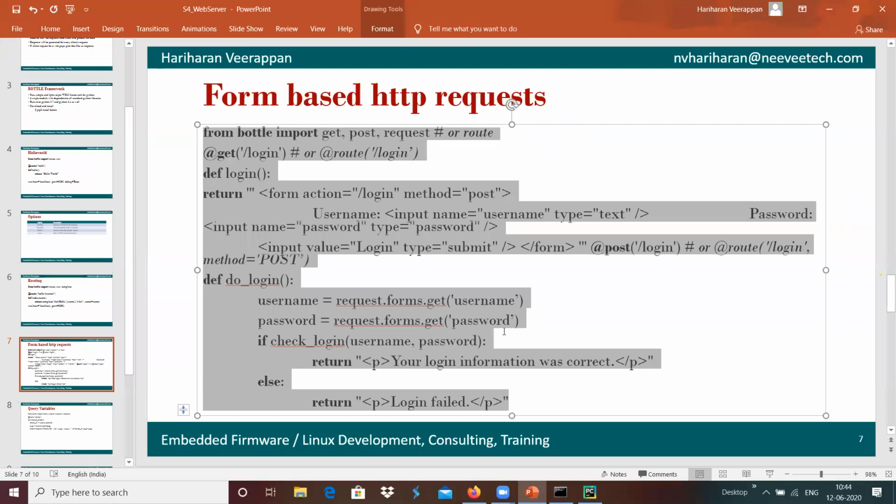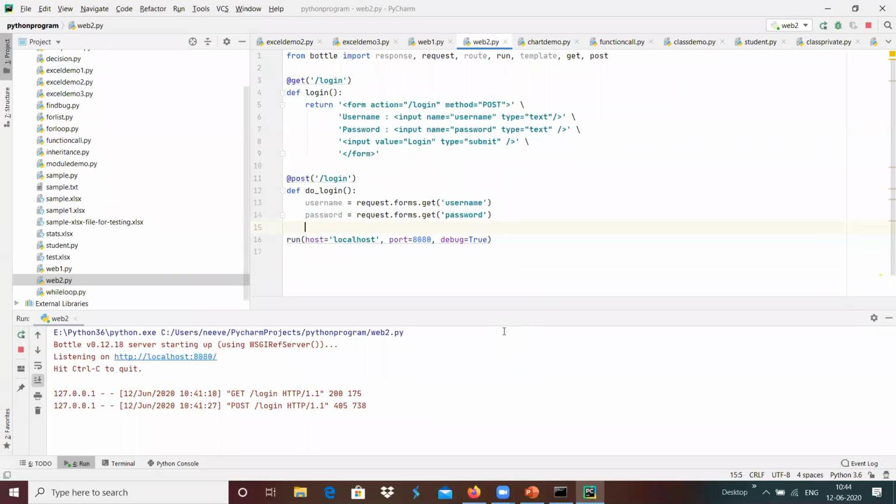And once these two are received, we can create a function to check login, and if the login is fine, then we can use that. If the login has failed, then we can return accordingly. For example, if check_login with username, comma, password, then I'm going to return login successful.